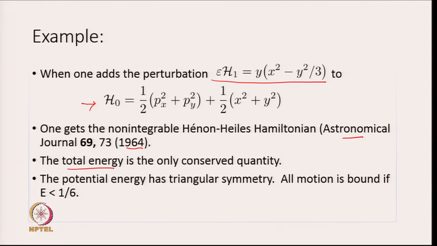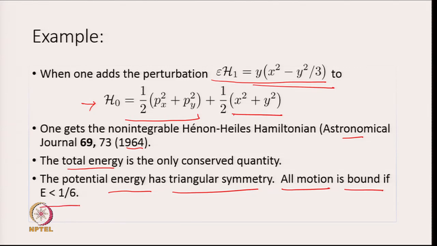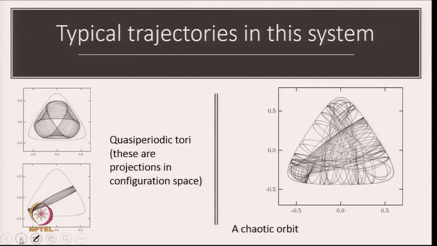A short calculation will show you that the potential energy, which is these terms x squared plus y squared and this additional perturbation term, all this is purely potential and all this is purely kinetic. This potential energy has triangular symmetry, and all the motion is bound if the energy is less than 1 by 6. In 1964, Hénon and Heiles made calculations and they were able to see orbits in this particular system,